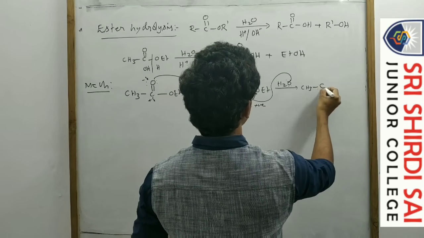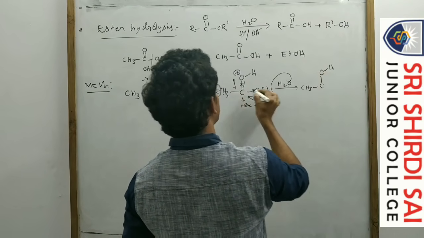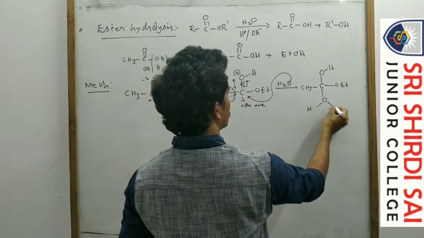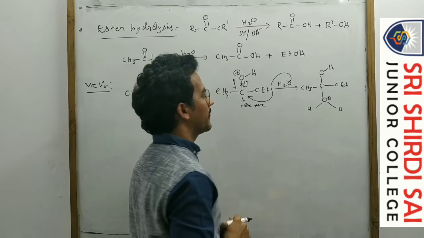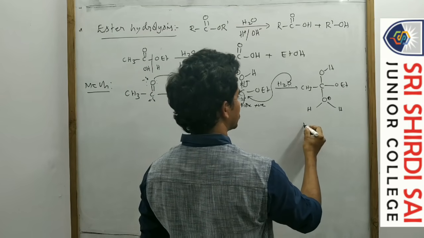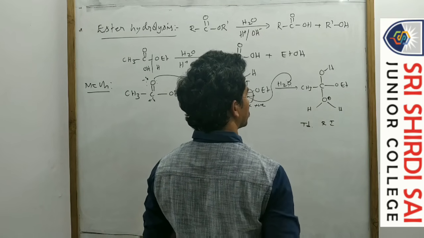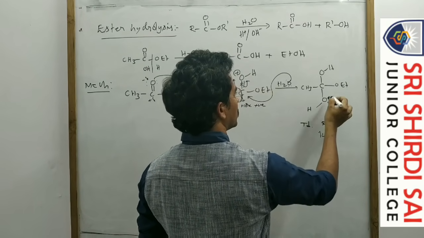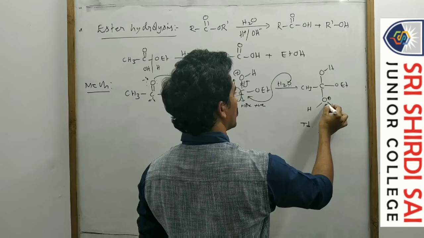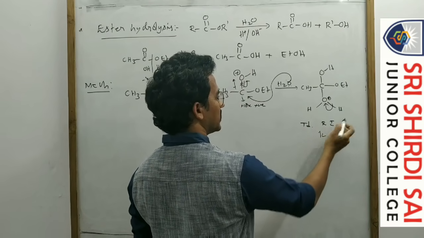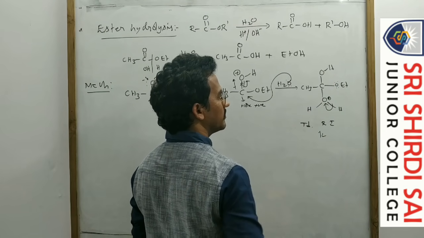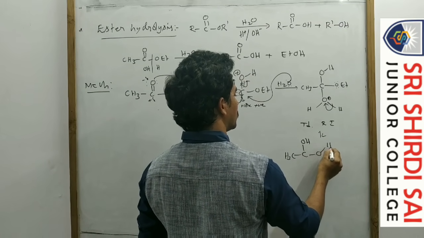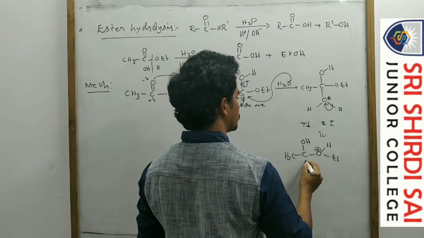Then here CH3 C OH, with transfer of pi electrons, OH, here H, this one carries a positive. So it is a tetrahedral reaction intermediate. Next is proton transfer. Oxygen O plus gains electrons from the OH bond, then H plus transfers to this one. So here CH3 C OH, here H, this one is positive, and now OH.